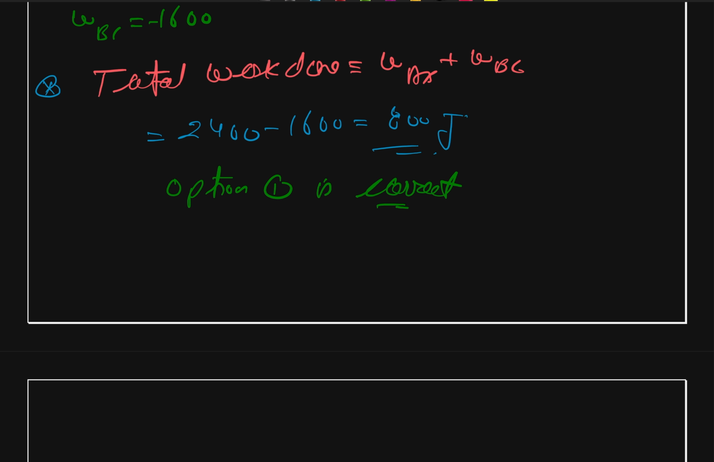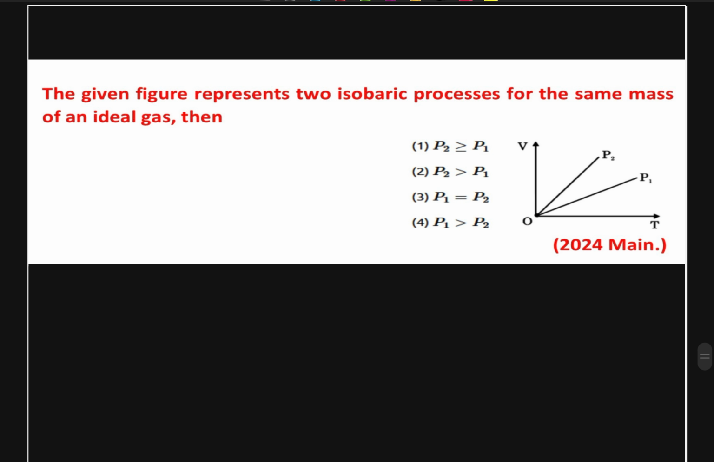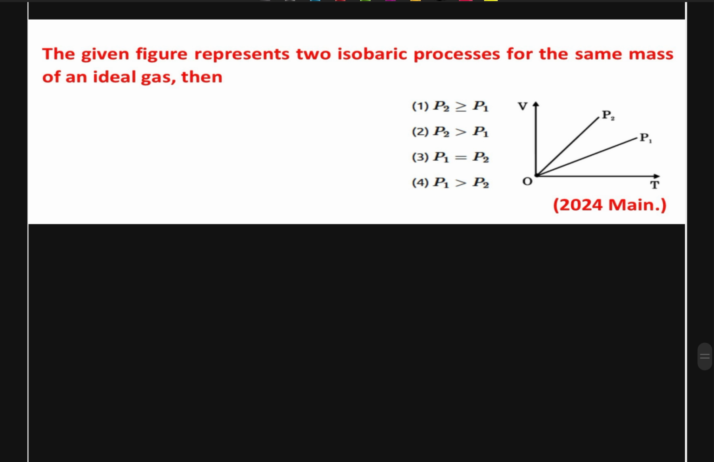It states that the figure represents two isobaric processes for the same mass of an ideal gas. So we have to find out the relationship between the pressures. We are given a VT diagram, and we have to find out what will be the relationship between the respective pressures. So we are going to start with our